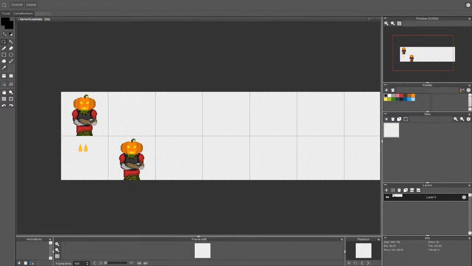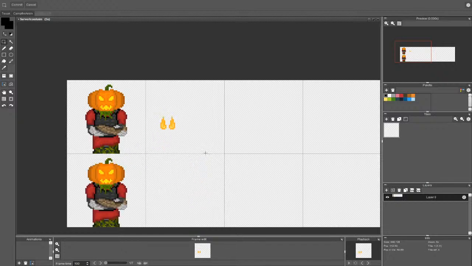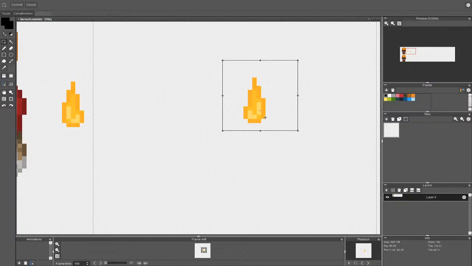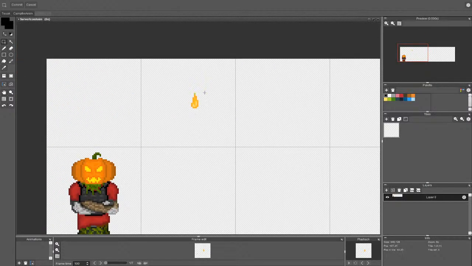Now we have to figure out the style of the flames. I mean, this is okay-ish. I would like it to be a little bit better. So make the flames kind of flamey. Let me try to make... Yeah, it kind of looks like horns, I agree. Let me make one simple, quick animation. So for that I will delete this.